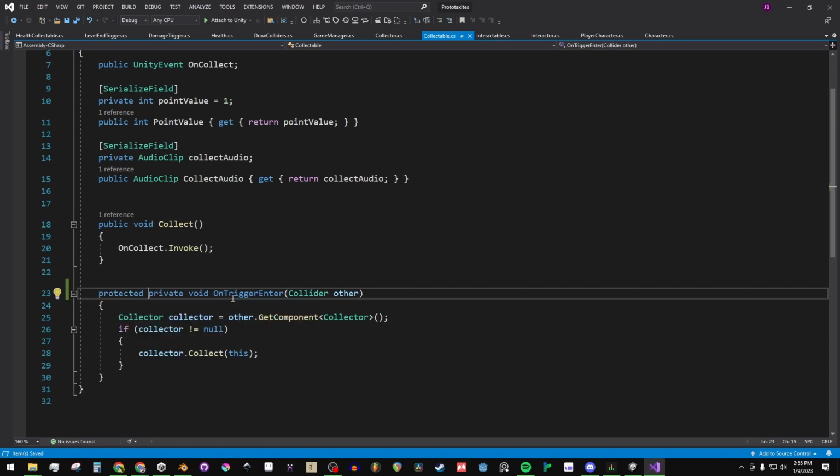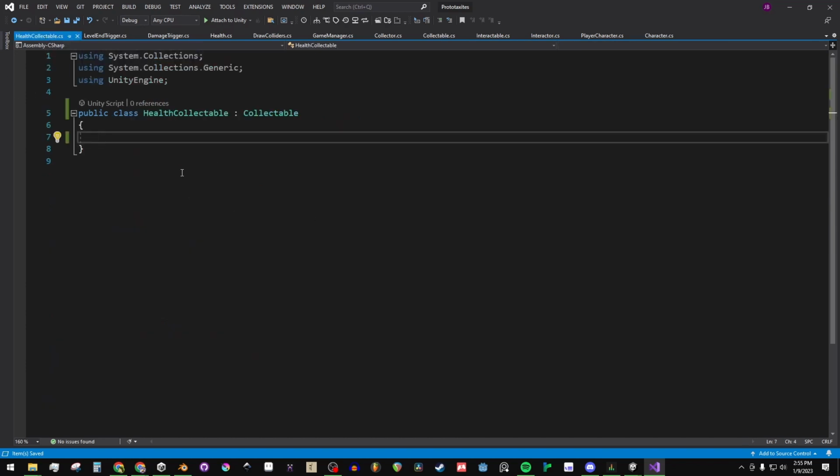We're gonna make this protected private void OnTriggerEnter. So in our health collectible, we can override